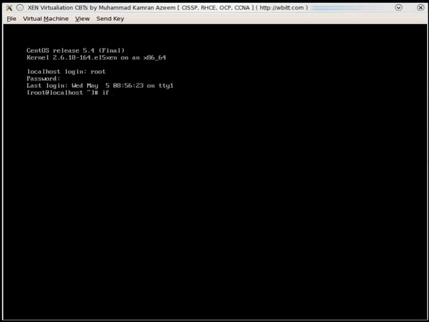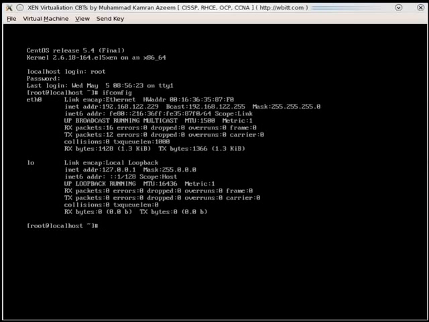Okay, this is one of my machines which I've created as a PVM, and you can confirm that by using uname -r. It's running 2.6.18-164.el5xen. If you see xen here, that means it's a domain U running as a para-virtual machine. Fine, and it has this IP,